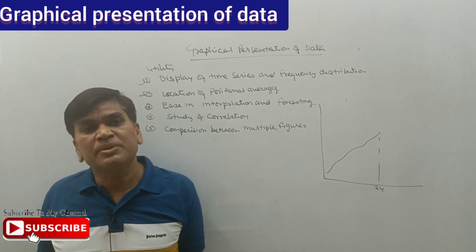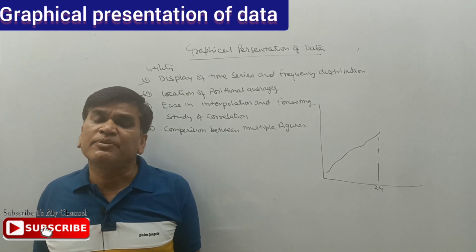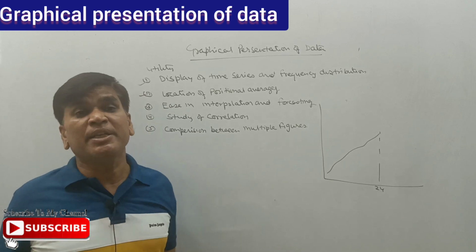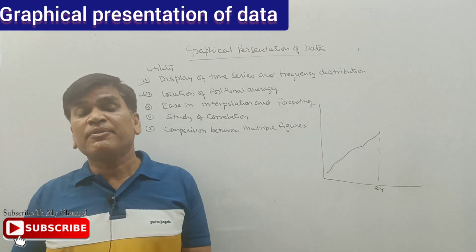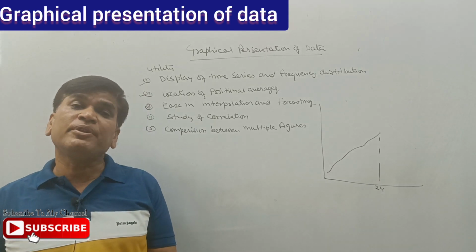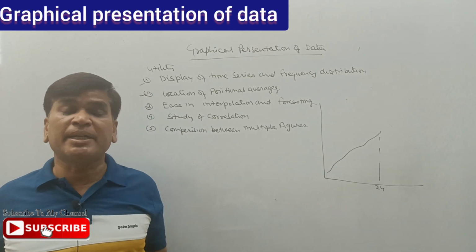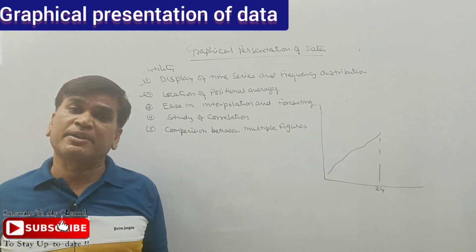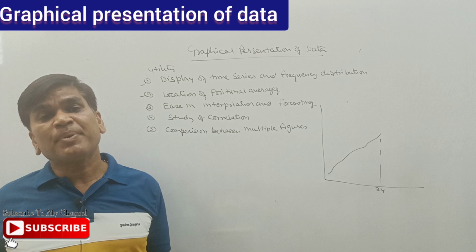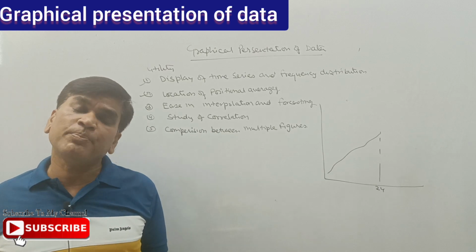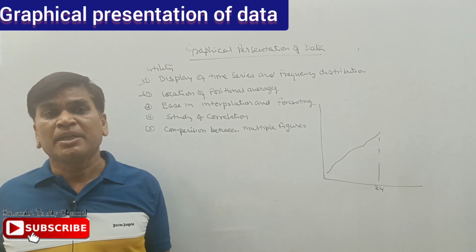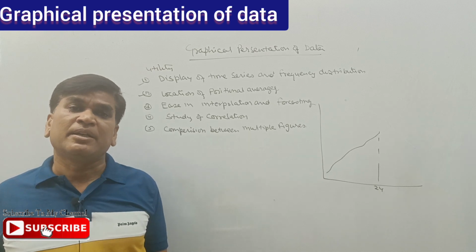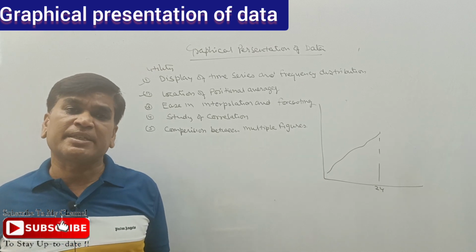We have to draw the cumulative frequency curve, and with the help of this we can get the value of the median as accurately as in mathematics. Similarly, we can calculate the value of the median with the help of the frequency curve and frequency polygon. We can also calculate so many partition values. Suppose we are to calculate quartile 1, quartile 3, decile 7, decile 8, percentile 35, percentile 65.